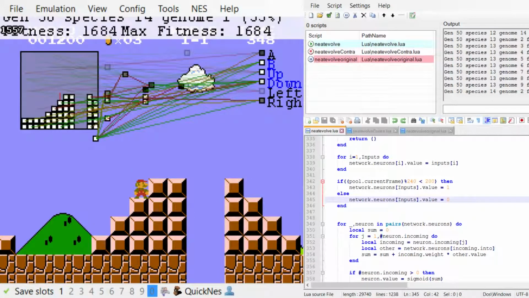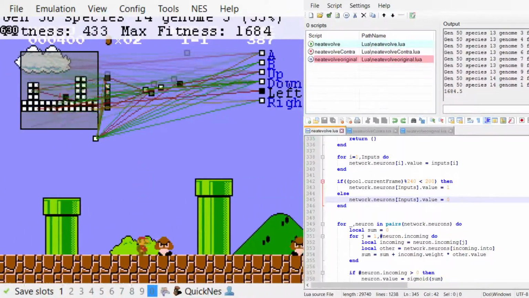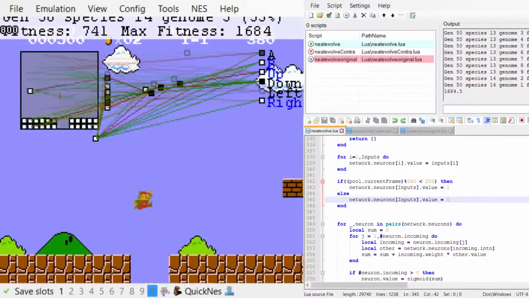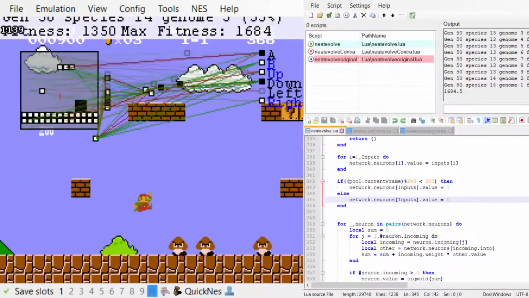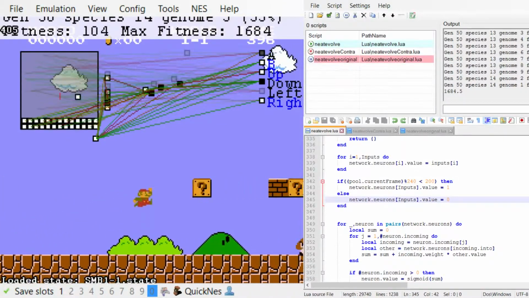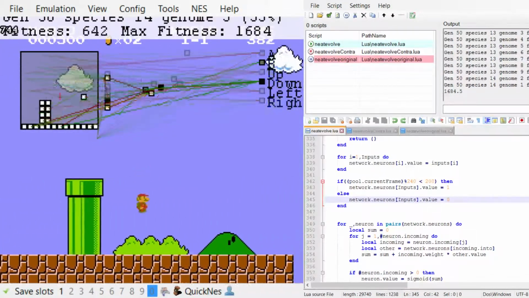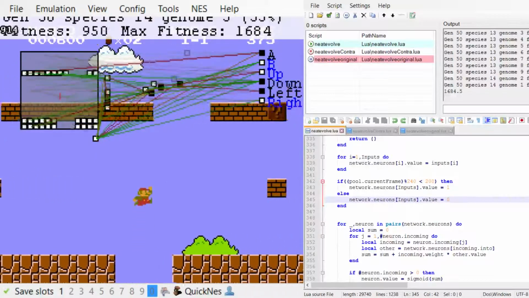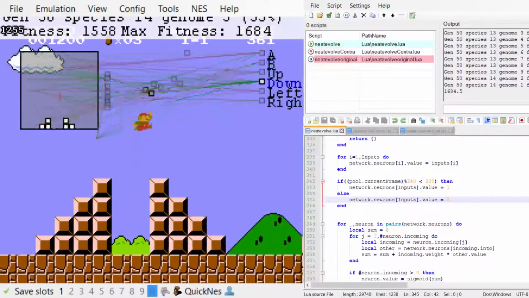To have a timing based on the neurons being read. So instead of an input being read as instantly pressing A, it would read as press A in 30 frames, press A in so many frames. And this would create more scenarios that Mario could find himself in, which I think would ultimately give him better movement throughout the level. Because right now, the reason he stops is because he runs out of